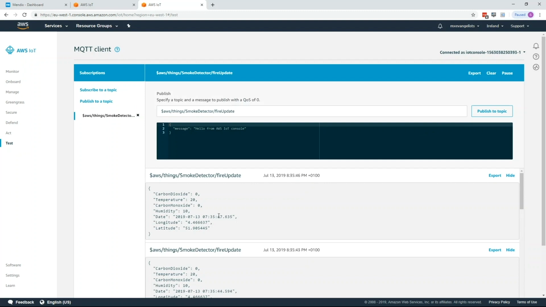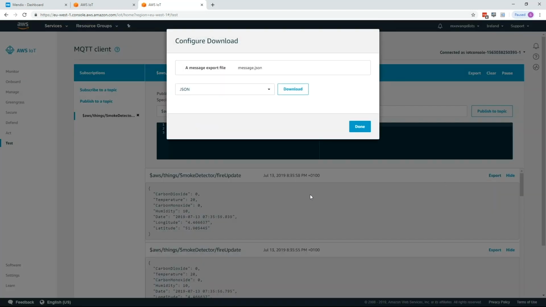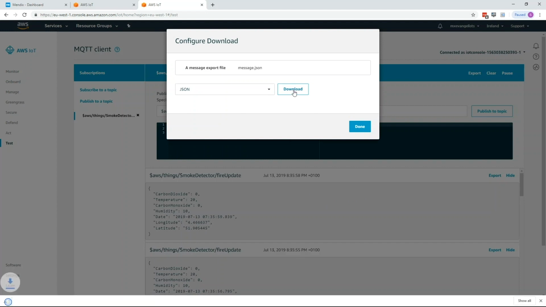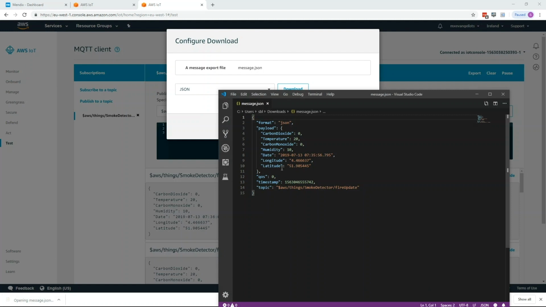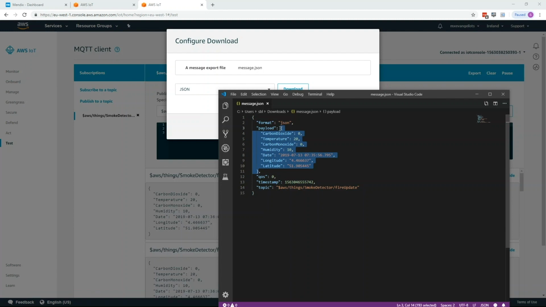And if we want to use this data within the Mendix platform, we need to be able to map this in and use it within our entities. To do so, we can export this definition here so that we can start to use this within our application and map it into data within our app. So if we copy this payload, we can then use this within our development environment.